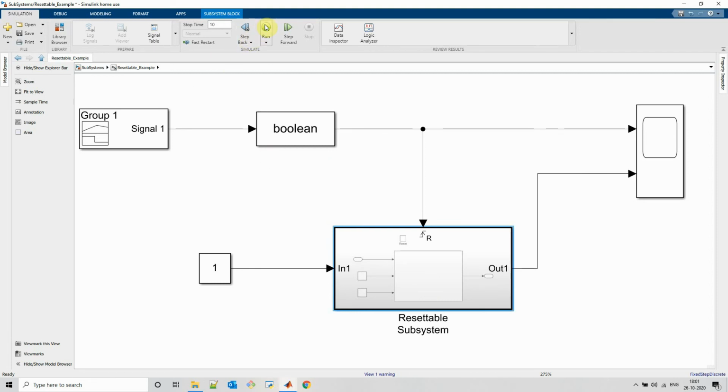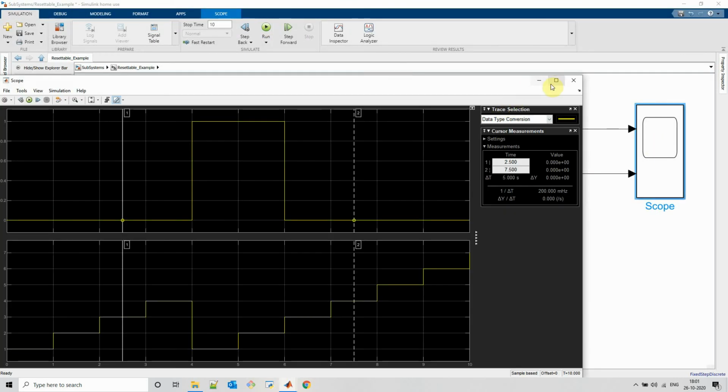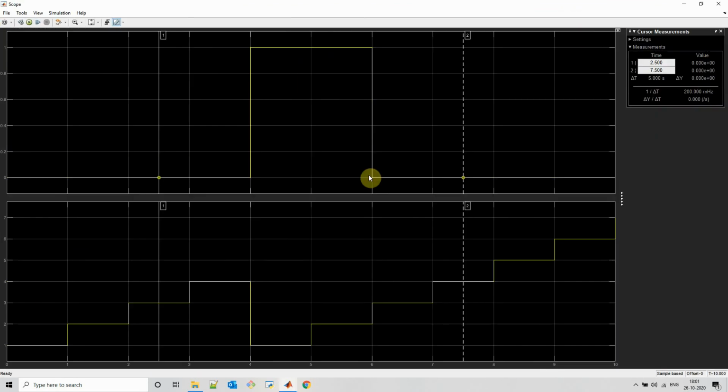So let's simulate this model. If we observe the plot, the subsystem was executing normally. When we get the reset trigger, at that time the logic inside subsystem will reset and it will start counting again.